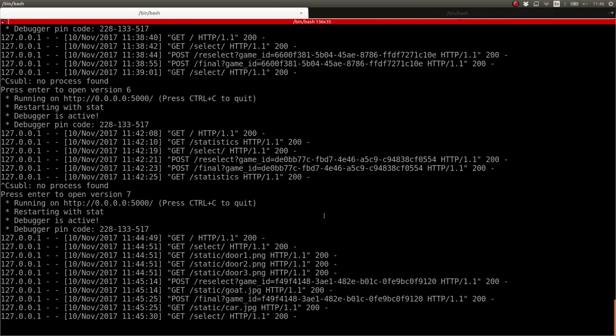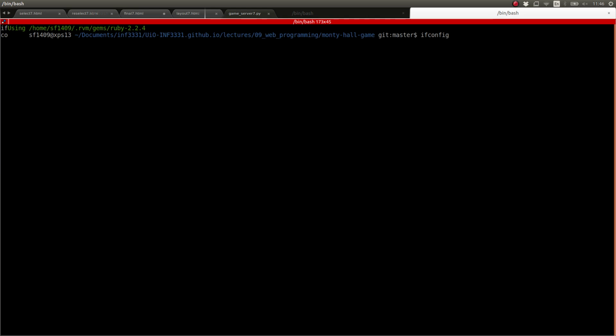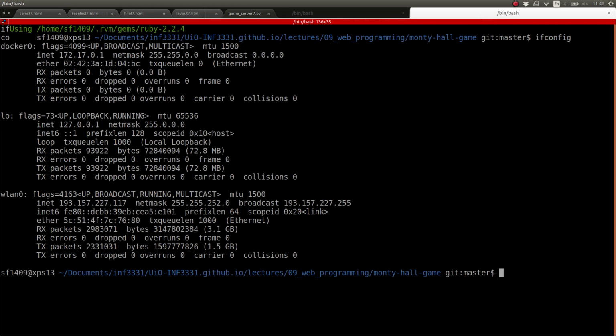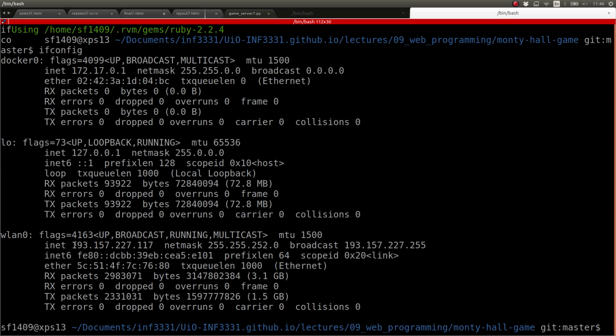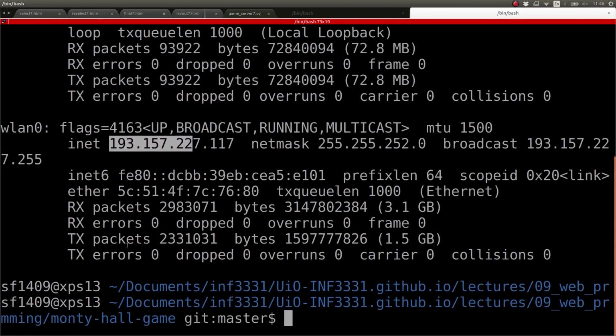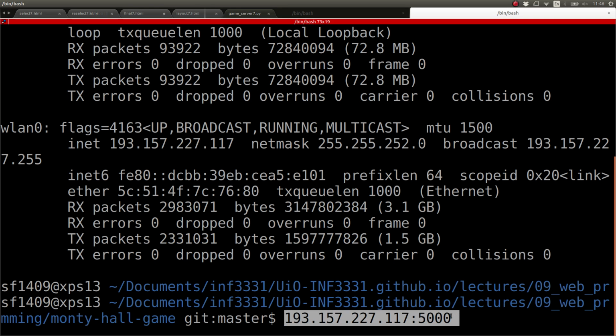I hope it works. So this should work with your mobile phone, it should work with your laptop, right? So, I mean, this is one of the advantages of having a web application, that we can do it from everywhere. So the IP address is this one. And I think you need to add :5000 at the end. So essentially, I think if you type in this part down here, you should be presented with